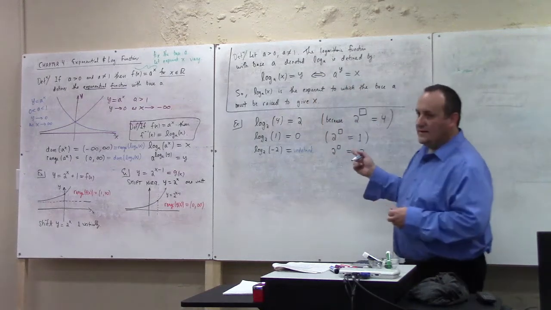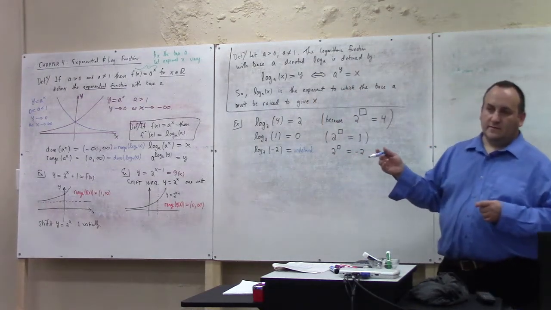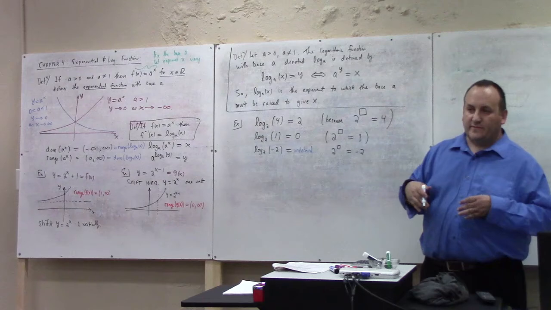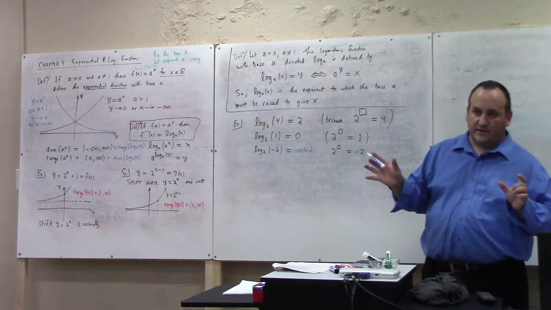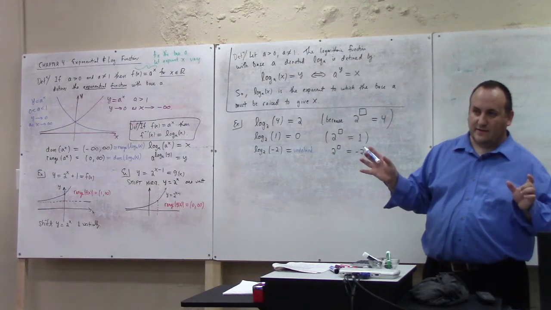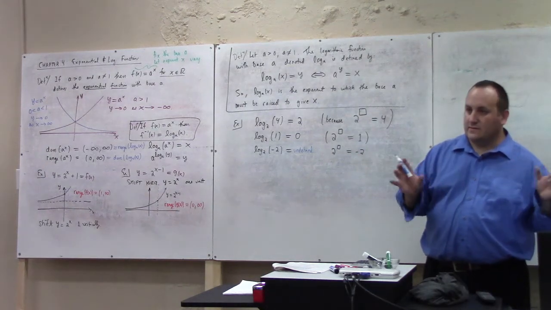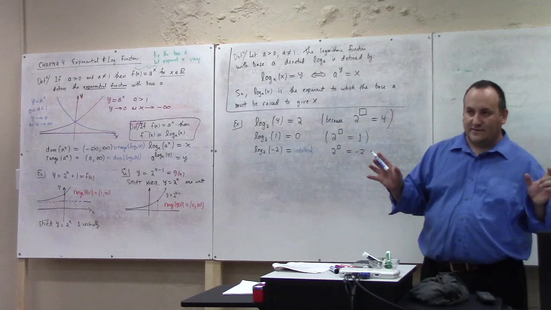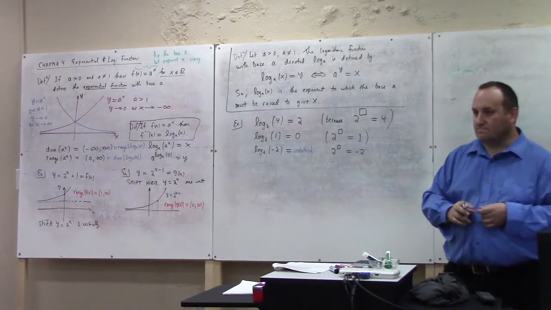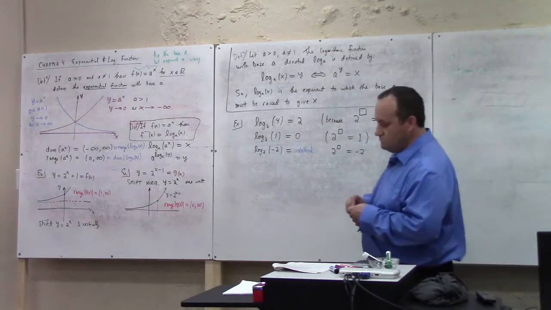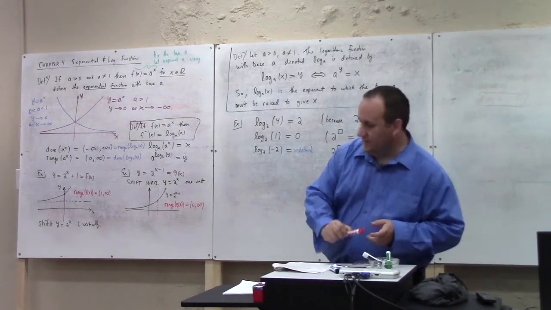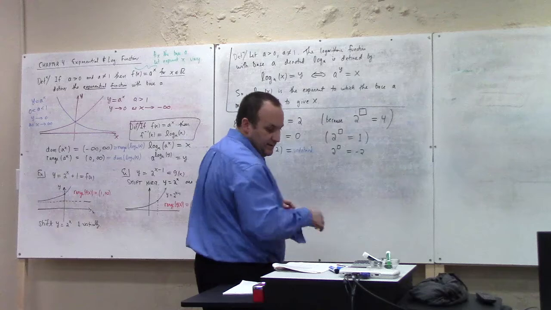That's an important thing to be aware of, because soon we'll be taking the logarithm of an equation. If we're going to take the logarithm of an equation, we better make sure that we're taking the logarithm of something that's positive on both sides. Otherwise, when we take the logarithm, it's just nonsense. Okay, so how about this? Log base 2